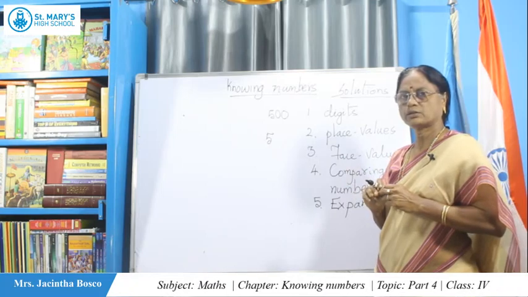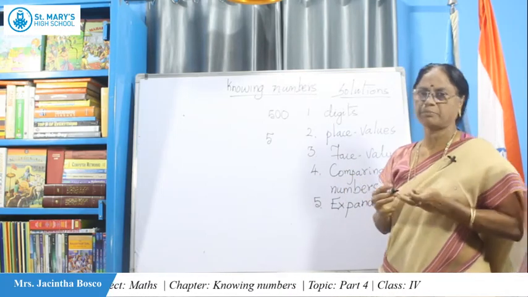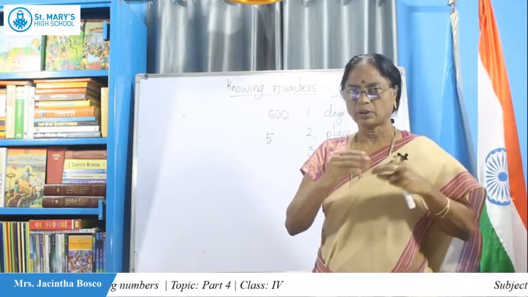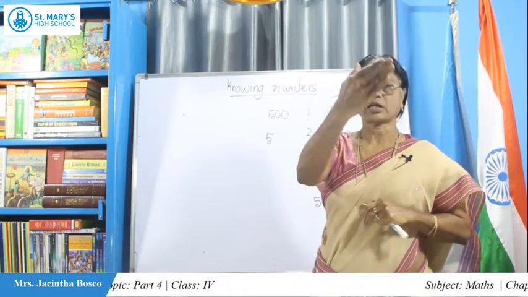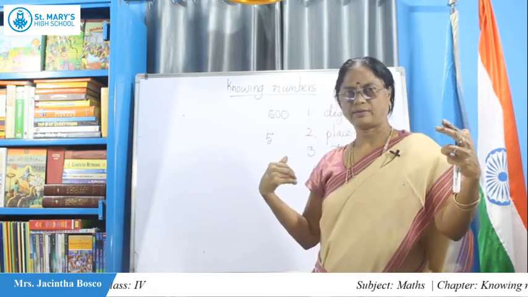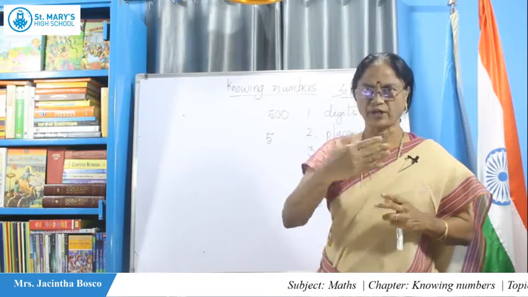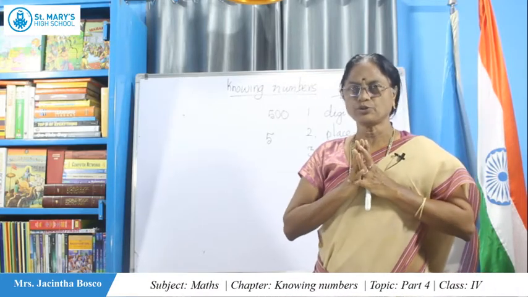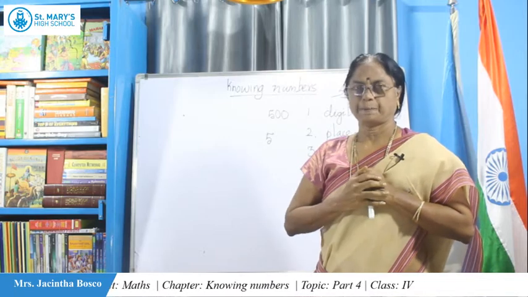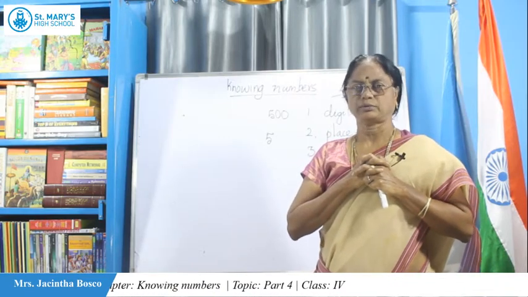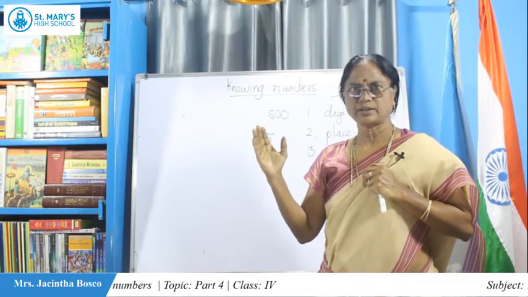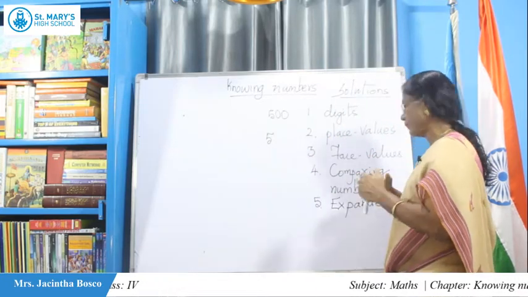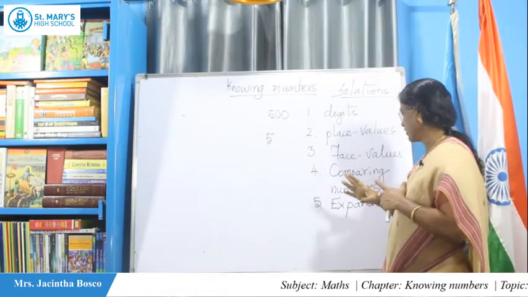Next solution to know your numbers is comparing the numbers. What is that comparing? Greater, bigger or equal to, or between numbers, or which comes before, which comes behind, after. So, what is in front of, what is behind, all these you should know. Suppose you take 30 to 40, what are the between numbers you should know? 31, 32, 33, 34, 35, 36, 37, 38, 39, 40, isn't it? So, like that, comparing the numbers, knowing the numbers, right.